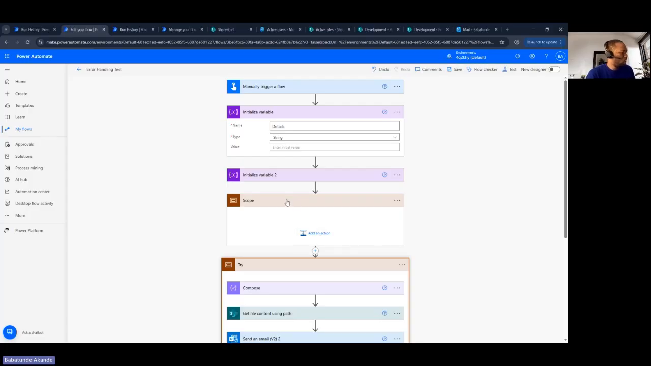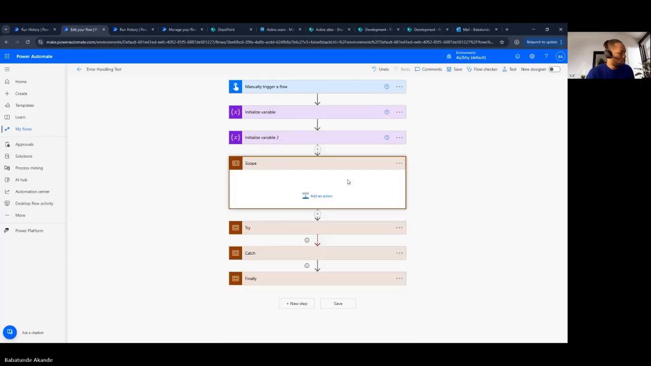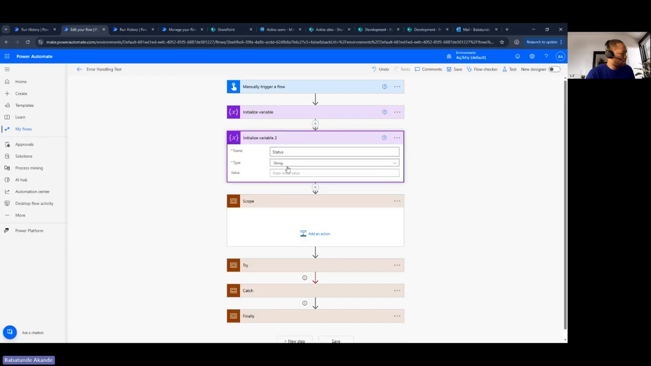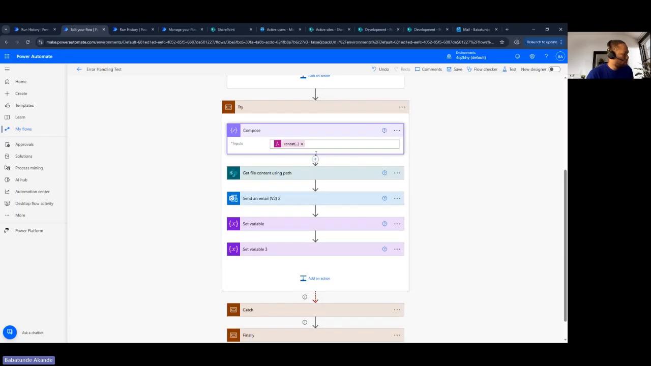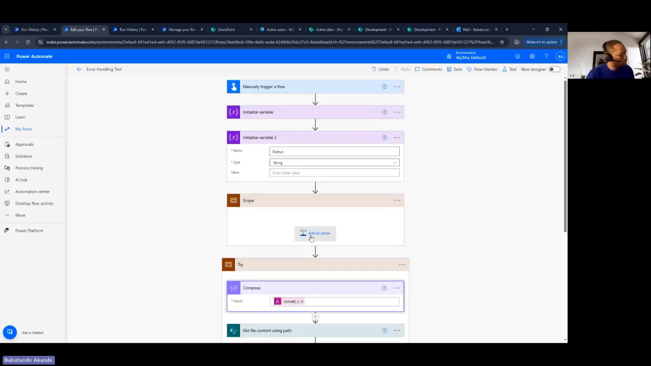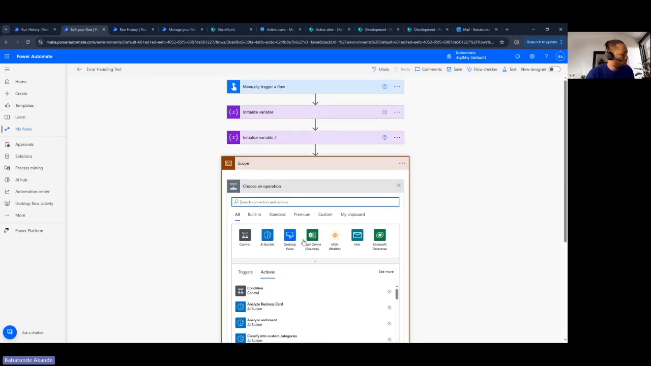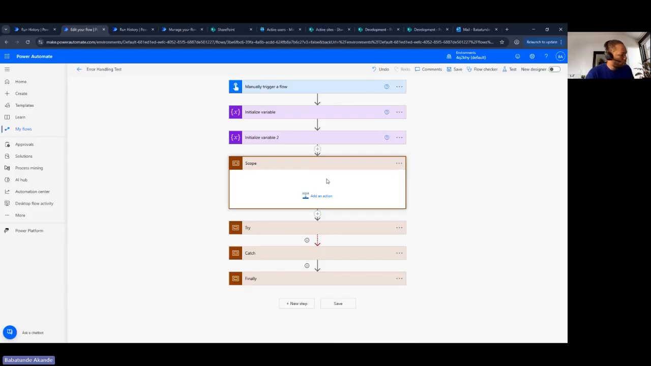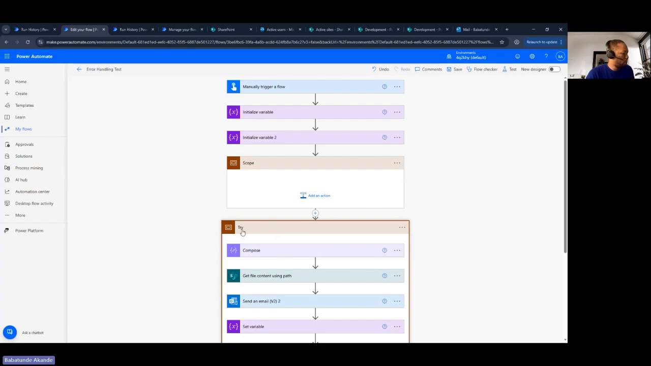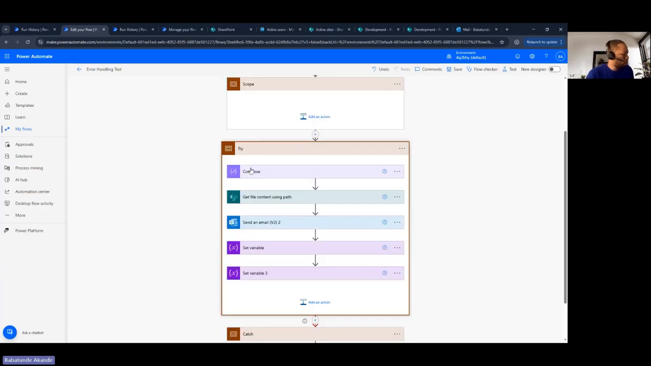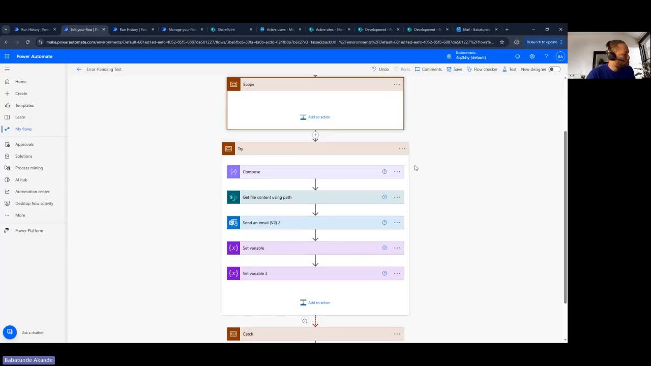So within a scope, you can now add your own actions. You see that if I check any other action, there is no other action where I can add other actions in it. Only scope allows you to do that. So you can add whatever you need to put in, and you can have multiple actions just like we have here. This Try, for example, has all these actions, and you can even have much more than this. So the first action, which is Compose,